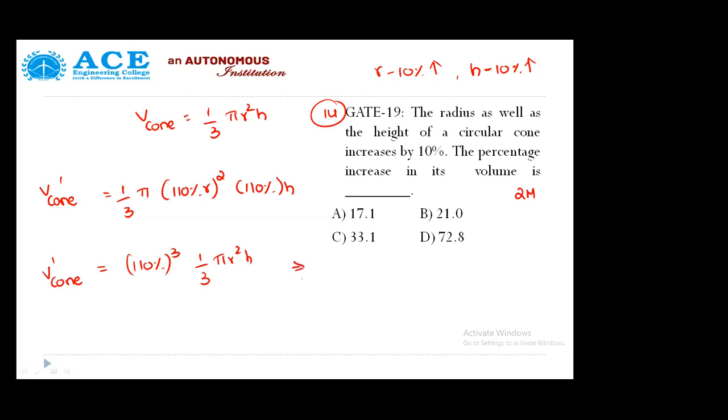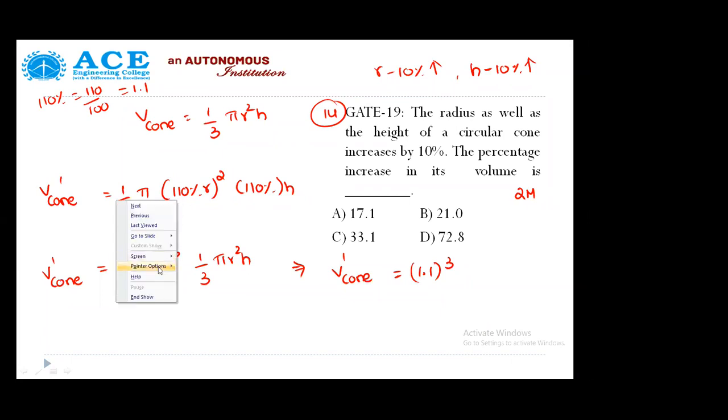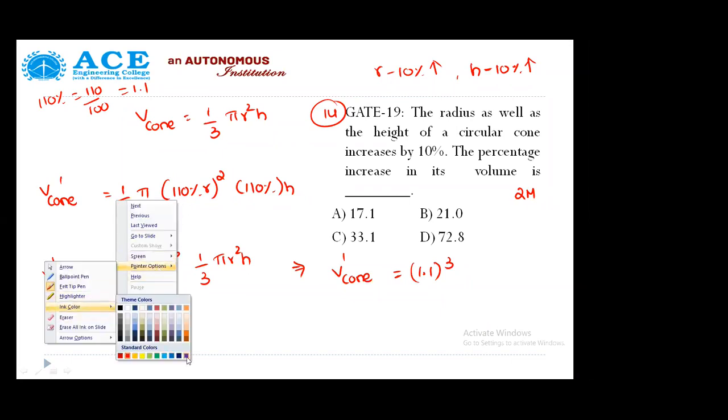So volume of cone is 110% whole cube. It's like 1.1 whole cube because 110%, 110 by 100, is nothing but 1.1. So 1.1 whole cube is 1.331